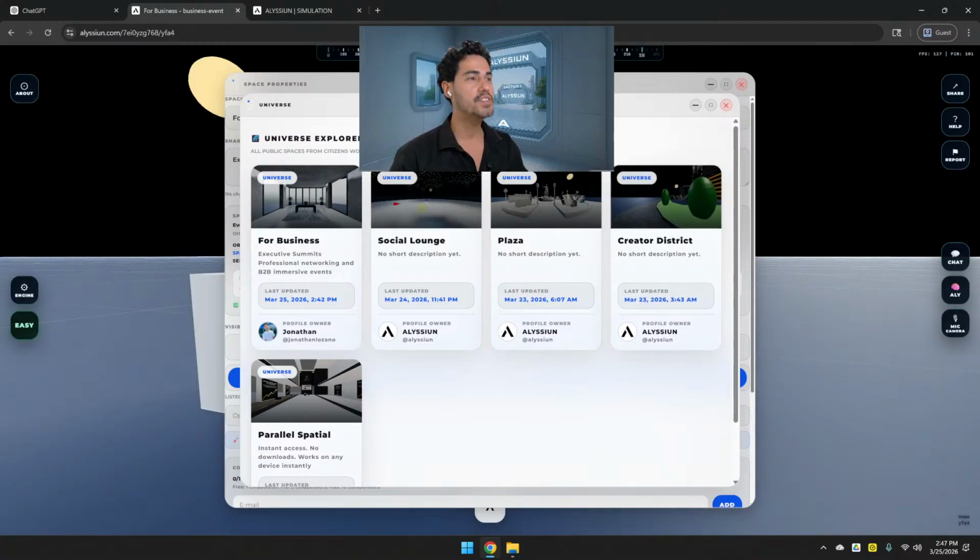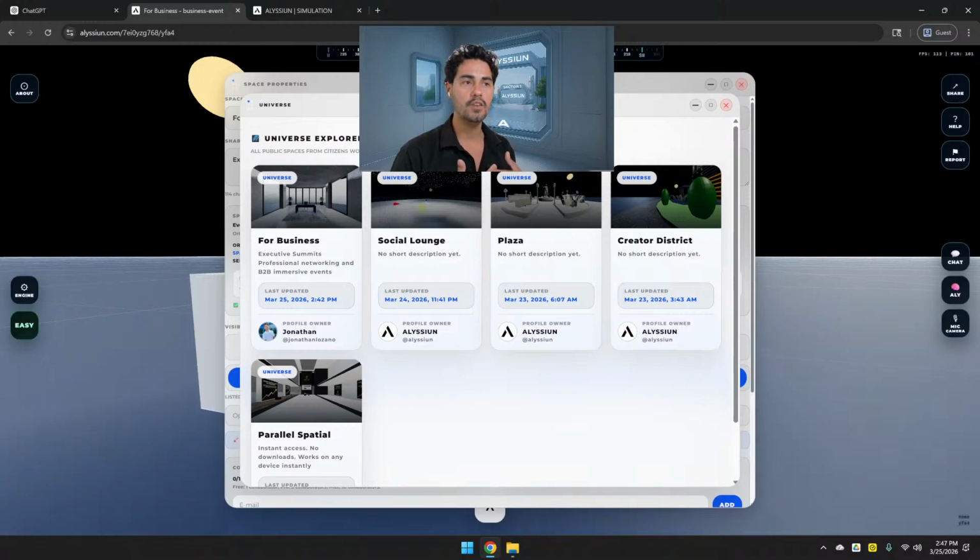And then you can start searching the space you want, and you can collect it, put it in saving, a favorite list, anything you want for business. It's going to be a really nice place to search for your favorite spaces. Also it's going to be by score, the same idea as in any social media and YouTube. If everyone likes your space, you go to the first place. The algorithm is going to give you priority. When the space is good, you have more chance to be visible for the entire universe, for all the community in ALYSSIUN. If it's not good, that's the point to help. You need to improve your space every day and make it better.